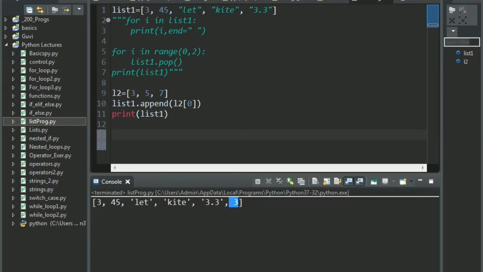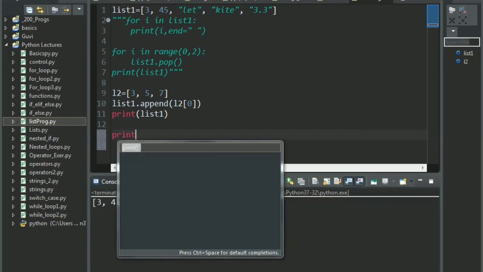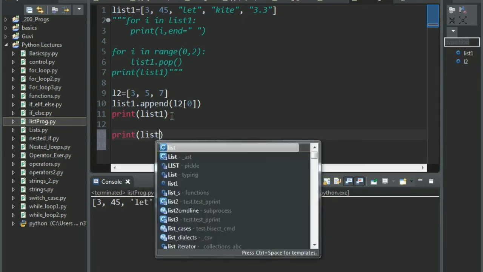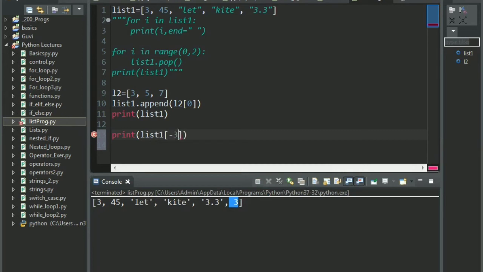Now last one was negative indexing, right? So this is just for practice, examples being taken just for your betterment. I want to print list 1 minus 3 up to the end. Now where does minus 3 take us? We have another element here now, that is 3, since I am not commenting this. So we have minus 1, minus 2 and minus 3. So minus 3,